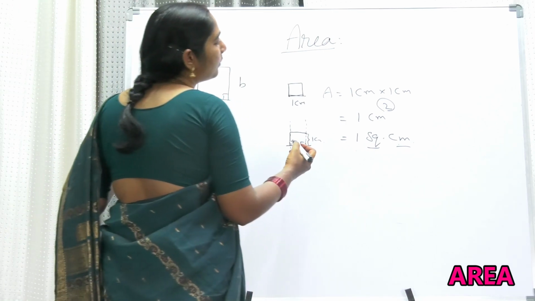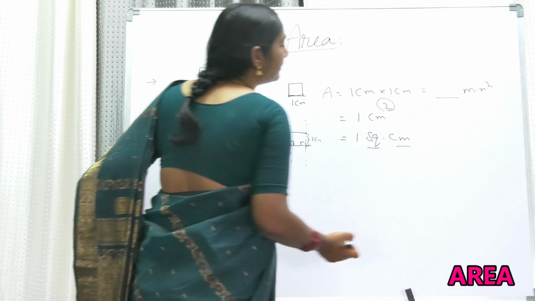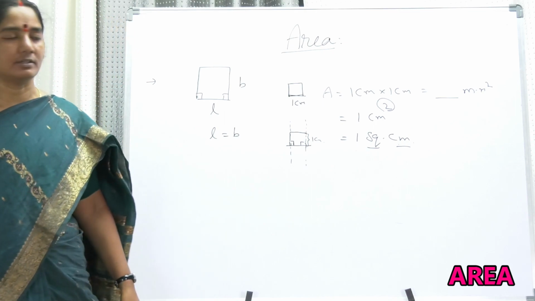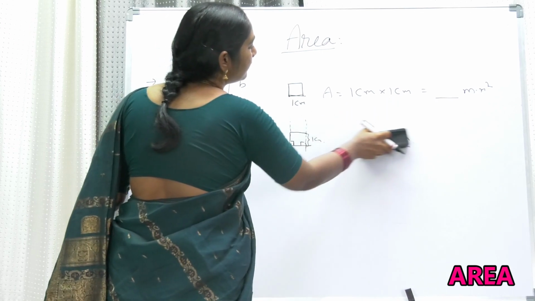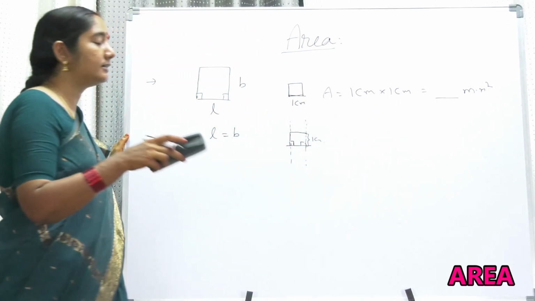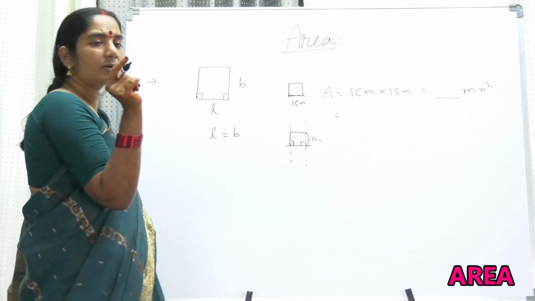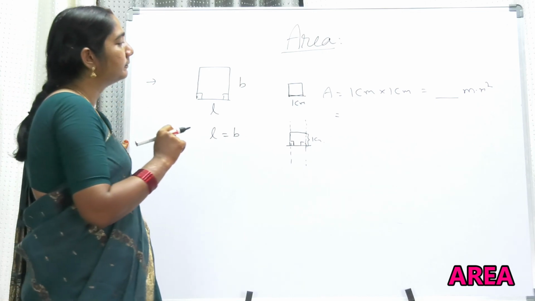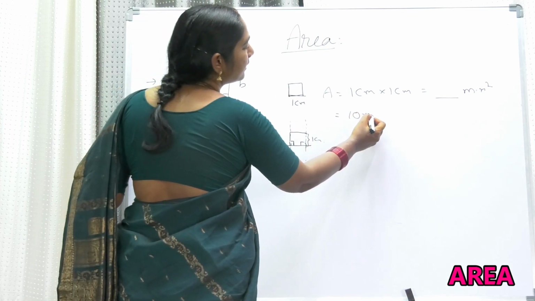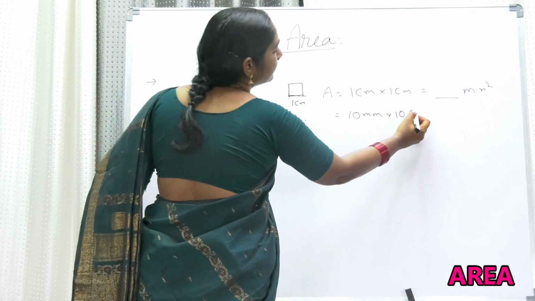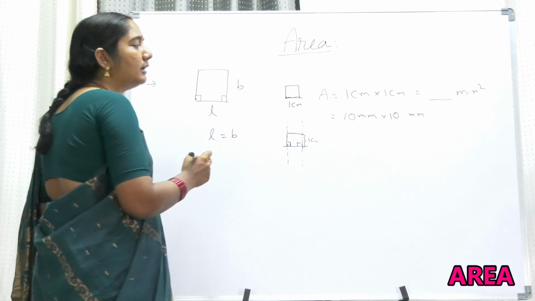So my dear friends, 1 square centimeter is equal to dash millimeter square. This is a question. Now you can easily do it. You all have a long scale with you. In your long scale, you can see 1 centimeter, see it. Please don't just blindly do it, see it. You must have an estimation of how much is 1 centimeter. And in every 1 centimeter, how many millimeters are there? You count, 10 millimeters are there. So 1 centimeter is equal to 10 millimeters.